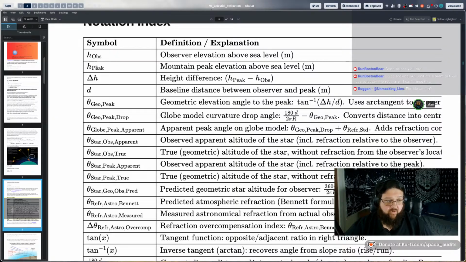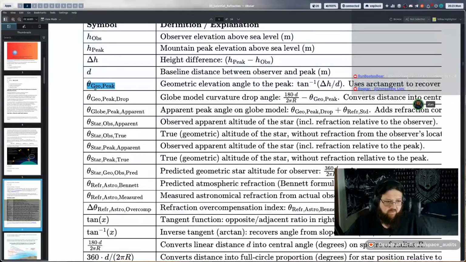It's just H observer, H peak, delta H was the difference in their two heights to create the relative mountain altitude, which will have different physical elevations depending on if the prediction is for a flat Earth or a globe Earth, because the globe Earth would predict physical geometric drop over distance, which dictates that the elevation is physically lower because of that, which corresponds to their angular measurement. So if those two don't match, then there's no drop over distance.